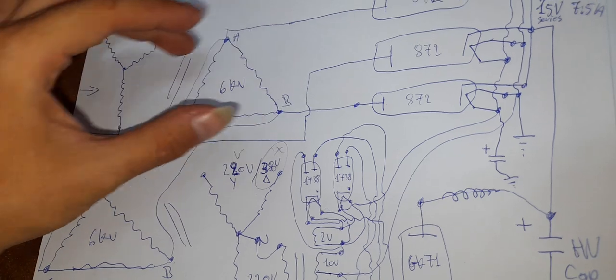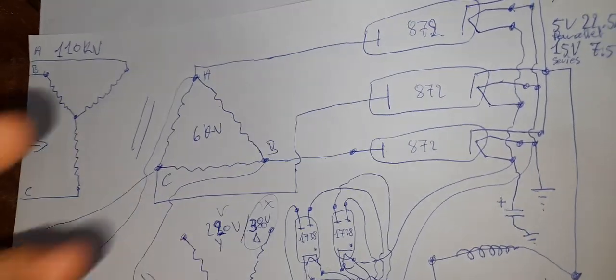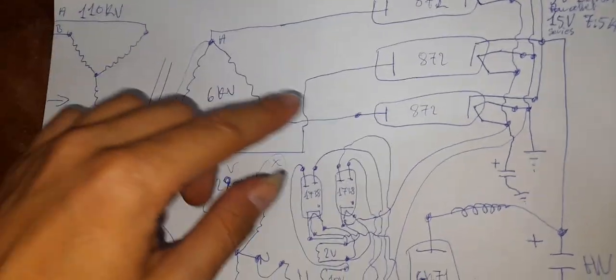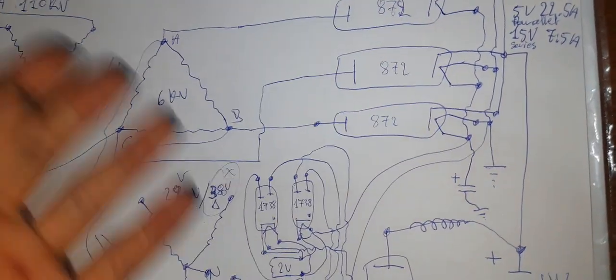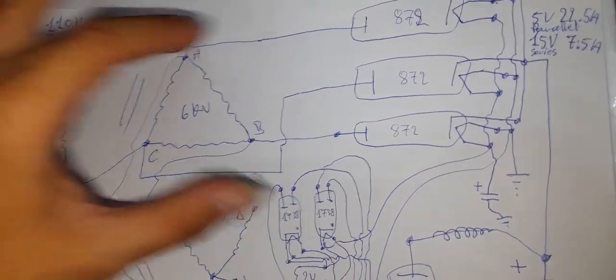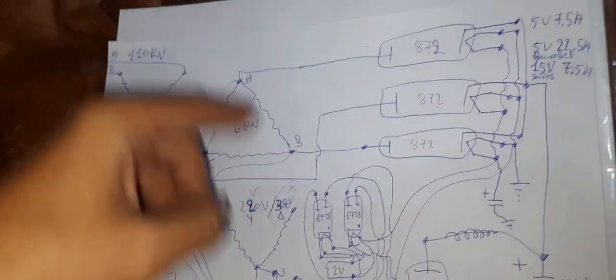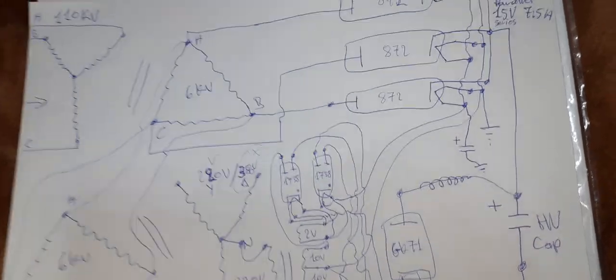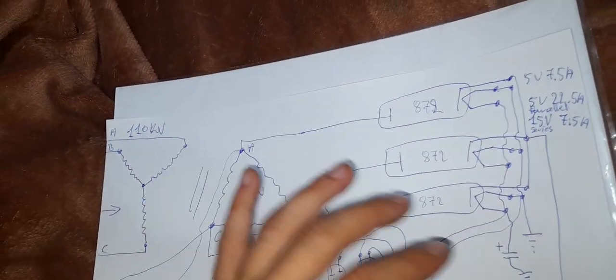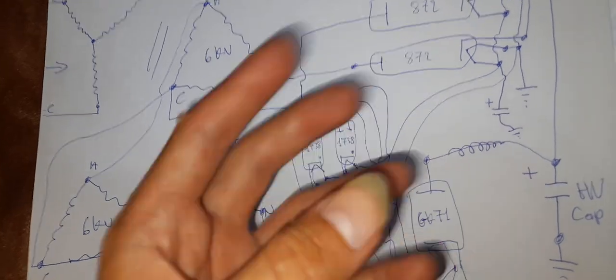It gets from this, or maybe it could have been a different type of transformer, a Y1 and not a delta. I am just imagining those times. And the neutral was connected to ground, as I have hypothesized. But for a moment I did it like it was a delta. But you can just switch the places with a Y1, as you can see, and use the neutral to connect directly with this high voltage capacitor. It comes from here, it gets rectified, it's accumulated in this high voltage capacitor, and it goes in this schematic